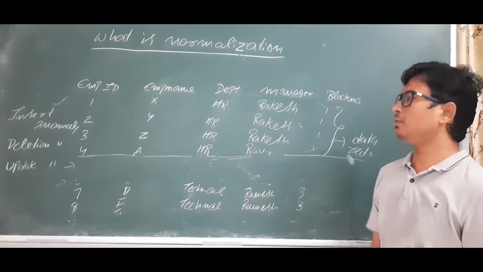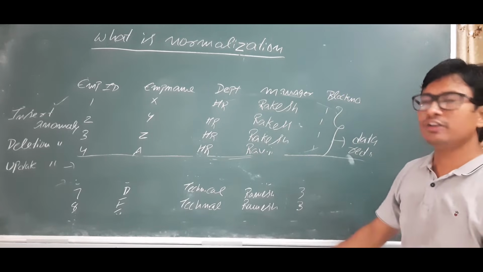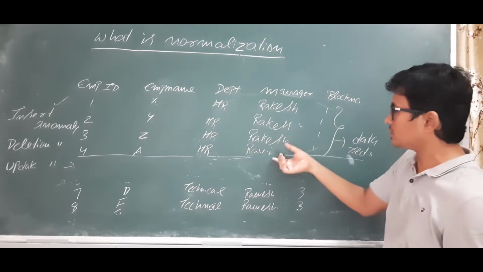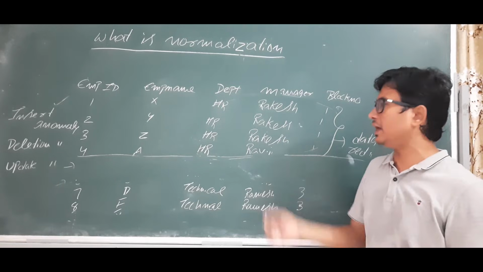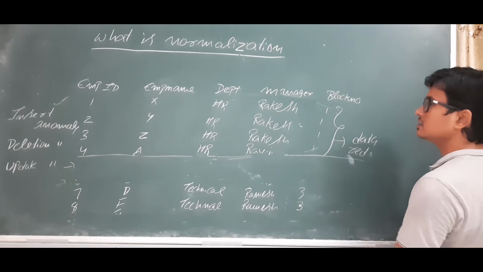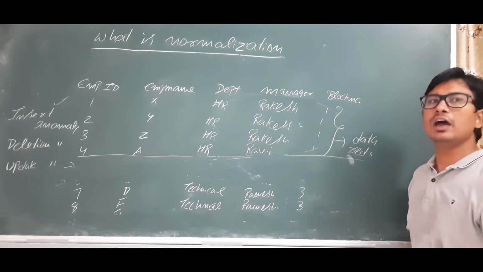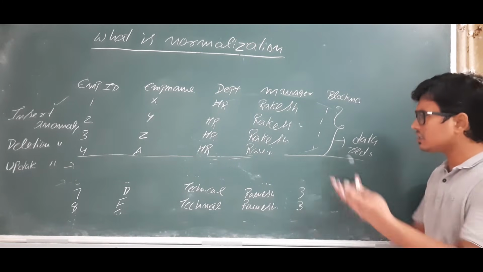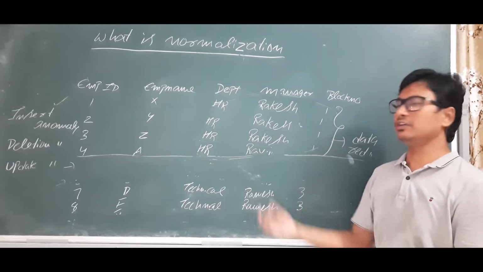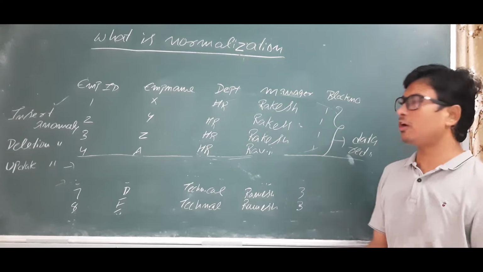Now what is this problem? If he has a lot of entries, and out of those entries he has updated a few values and forgot to update a few entries, then what will the problem be? If you do it like this, we call the problem an updation anomaly. Then you can ask me, what is the problem, sir? He forgot only updating this entry. Then what is the problem?